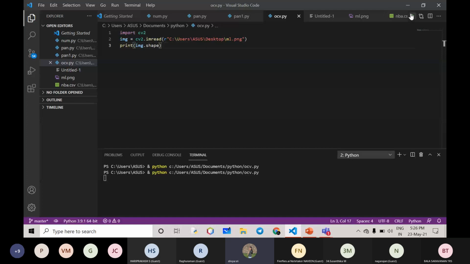If you print it, it will give you an array with the intensity of red, blue, and green, the RGB color. So this is how to find out the resolution of an image: you give the image and the shape attribute, and it gives you the resolution of the image.